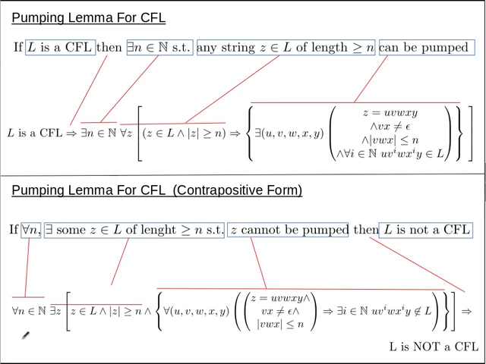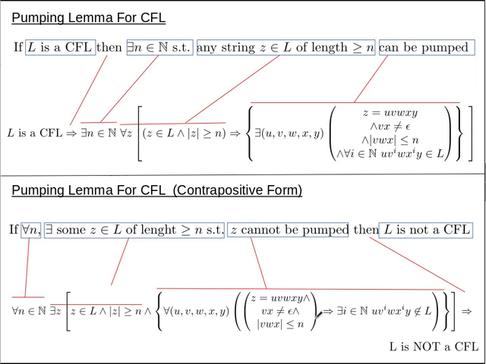So this there exists will become for all. This for all will become there exists, and then this implication will become a conjunction, and then this there exists will become a for all, and then this big conjunction. So this first three component we can take as this together, and then this last conjunction we